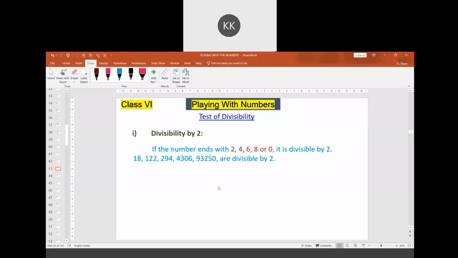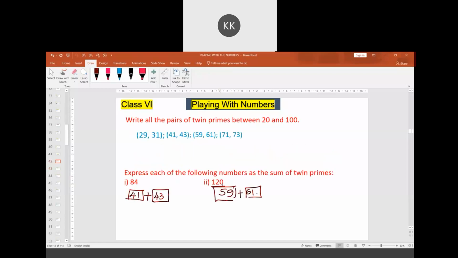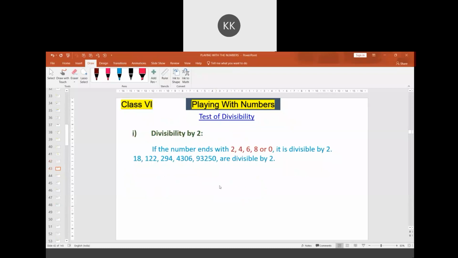Satvik says 109 plus 11 is wrong. Here I have not written any 109 plus 11. Okay. You stop discussing among yourselves. If you have any query, please discuss with me.